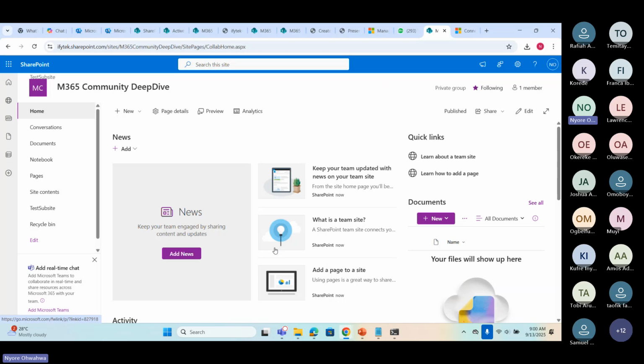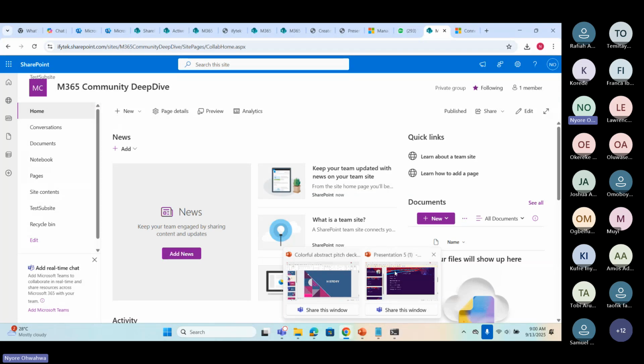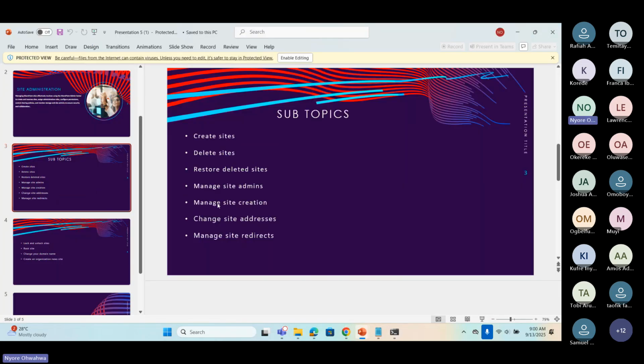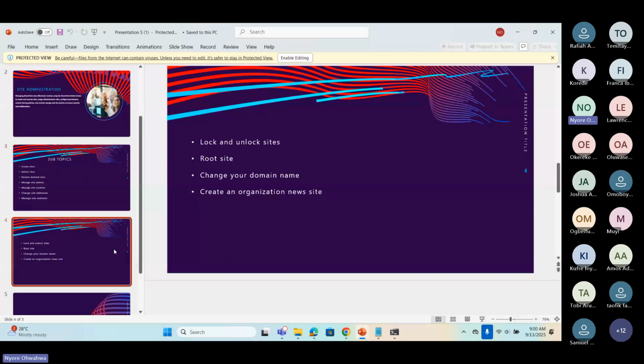That's why we advise using a private window or a browser you haven't used before, just to see whether what is happening is happening everywhere or it's just your browser caching old information. Okay, so I think that is that for change site address, manage site redirect.